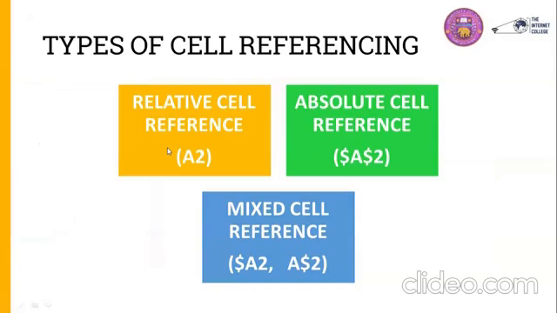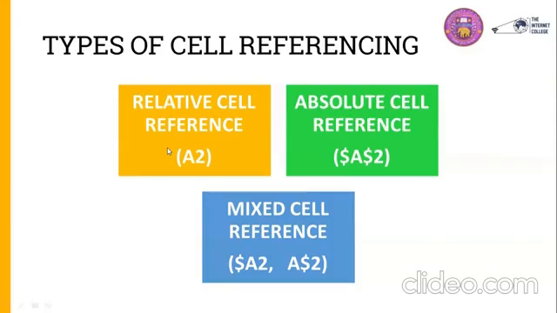The first is relative cell reference, that we already saw how it works. Which means if I am referring to a cell A2, I will just type A2, or I will just click on A2 and insert the reference for A2. But there are 2 other kinds of cell references which we should know about, and we will be using both of these cell references in this particular question to demonstrate how to use your cell referencing.